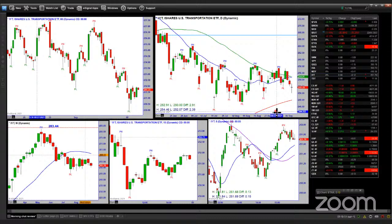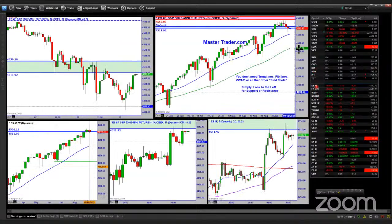Transports, just going nowhere, flip-flopping back and forth here. We got these big green bars. They couldn't follow through. So this idea we're talking about here this morning, is this short-term correction over? Maybe it needs another day. Well, I would like to see these transports start to bring up the rear and show some relative strength. Not happening yet. But as I look for a certain scenario, I look for confirmation in other places for my scenario. So while the S&Ps are pulling back in an uptrend, let's go back here, pulling back to that 20 MA and bottoming here,